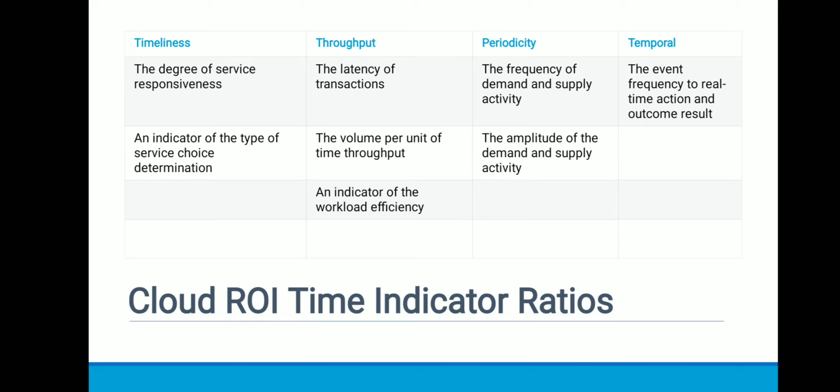From the periodicity perspective, this is more of a frequency of demand and supply activity, and the amplitude of demand and supply activity. So that makes it a very important ratio to calculate. Now temporal is more about the event frequency to real time action and what is the outcome as a result. So these are the four different areas that you need to look at from the time indicator ratios perspective